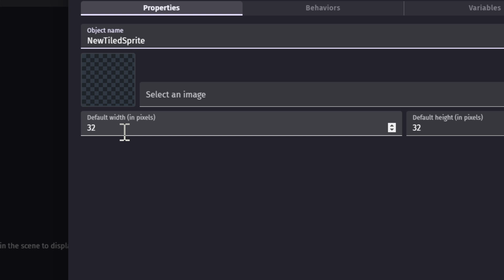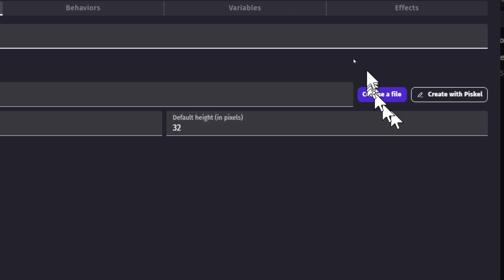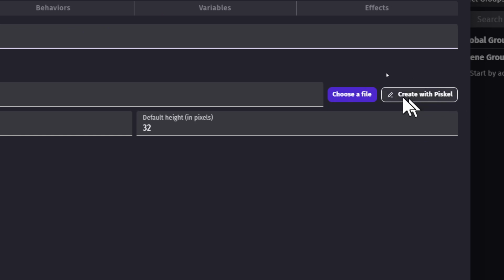And what is a tiled sprite? A tiled sprite is a sprite where as you stretch it, as you make it larger or smaller, it doesn't actually stretch, but it doubles itself. Right? It'll be cool. Like I'll show you. So we're gonna create one with Piskel,